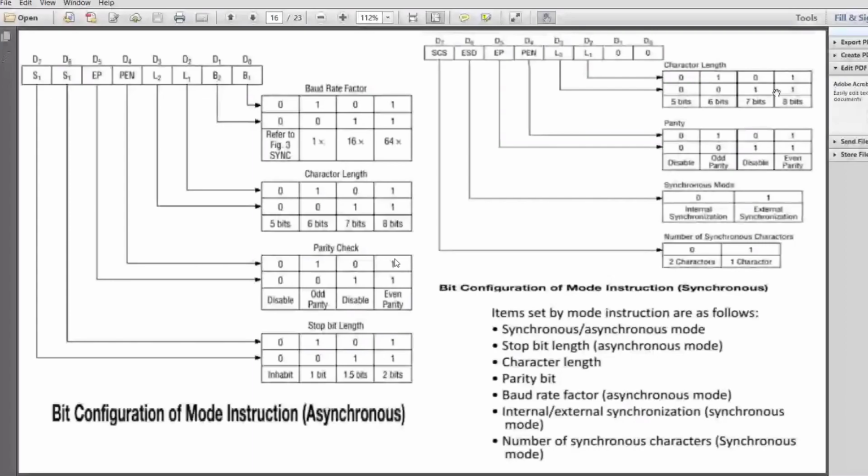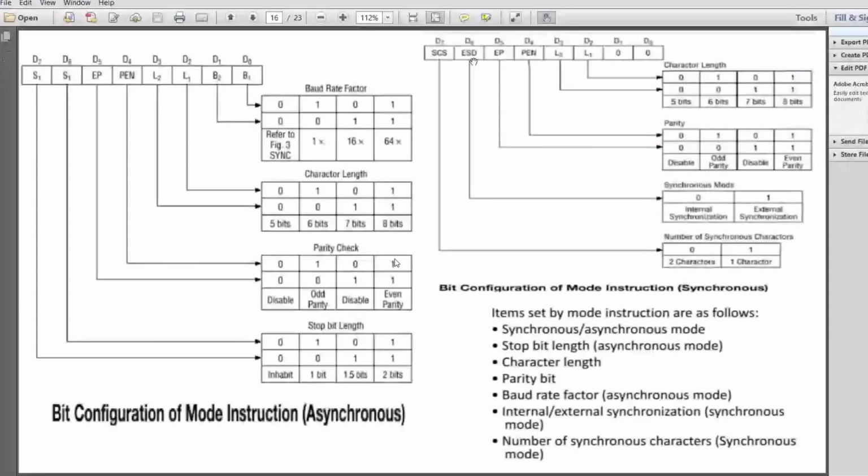Lastly, stop bits are not required, but rather we have synchronous modes, internal synchronization or external synchronization, that is specified. 0 here means the external clock will synchronize. 0, 1 means internal, 1 is external and 0 is internal here.